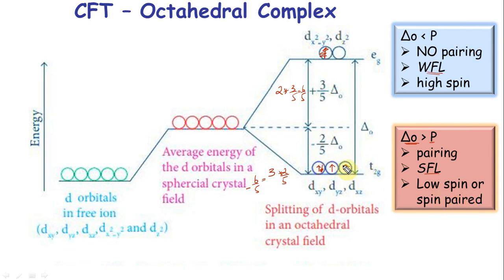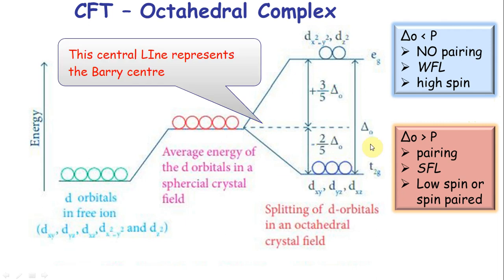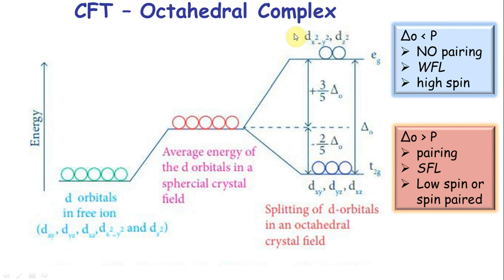I'm pairing it. Okay. This is what you're going to get most of the time in NEET. But you don't have to draw this whole diagram. I'll show you the fastest way to do it. Right. So this is for an octahedral field. You want to remember which orbitals are used in the bonding. Okay, you need to understand this.